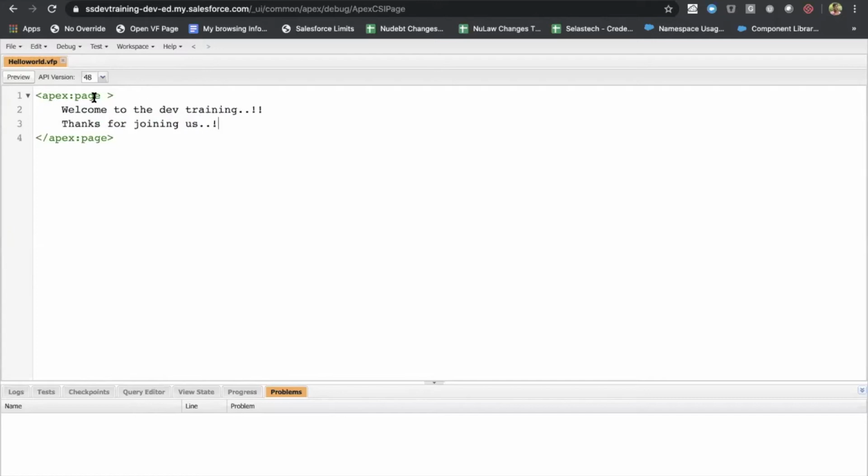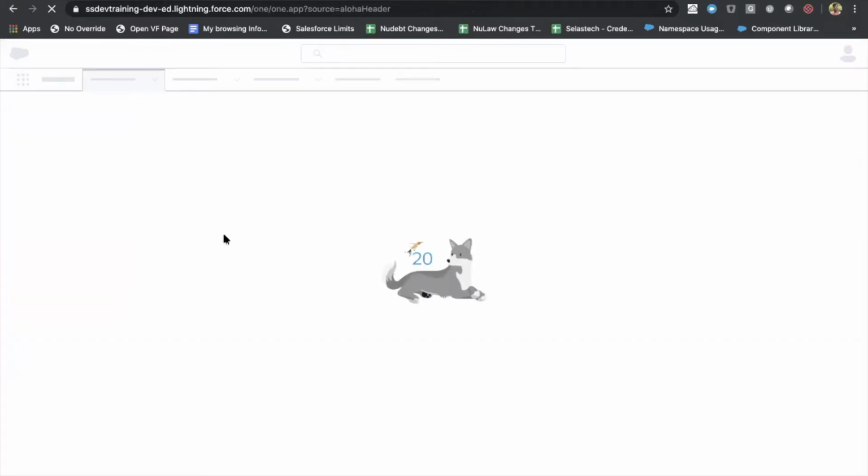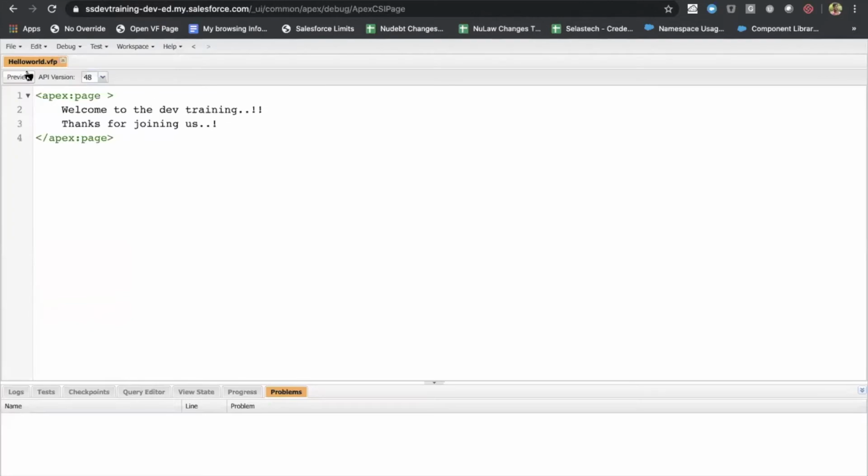If you see here, there is a preview button, and if you click on this, it will render the output of whatever we have written here. Yeah, here we go. So this is what I wrote.